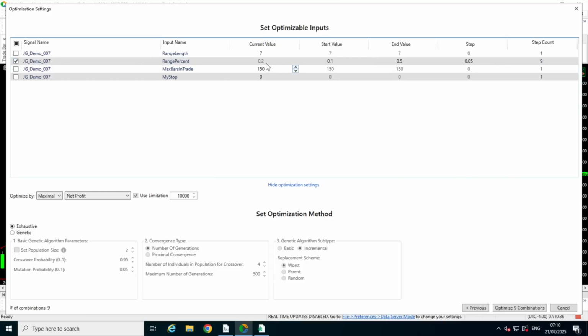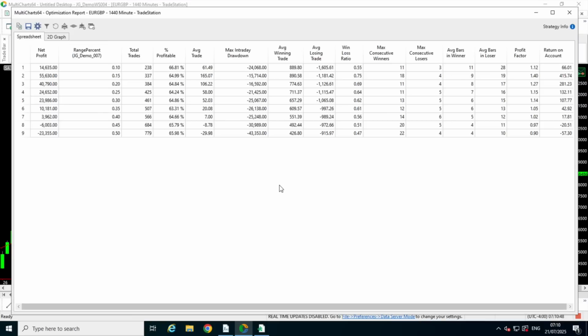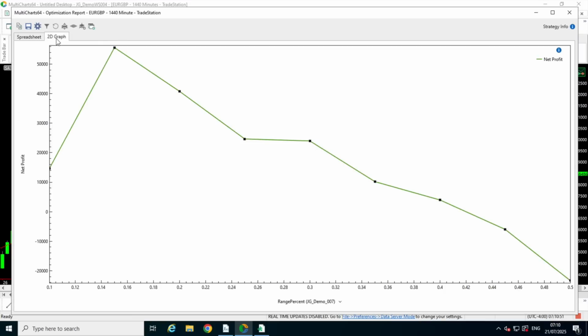So range percent was currently set at 20%, but I'm going to test from 10% through to 50%, and I'm going to go in steps of 5%. And we can quickly see that the best is 15%. 10% isn't very good, 15% is good, 20% is pretty good, and then it starts to nicely just decline. So we can clearly see a peak of around 15%. So let's use 15%